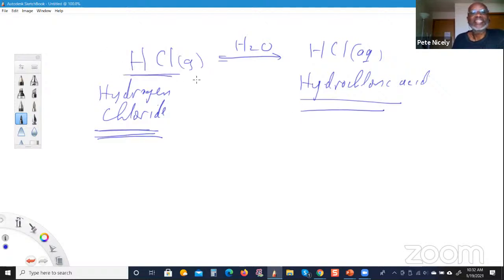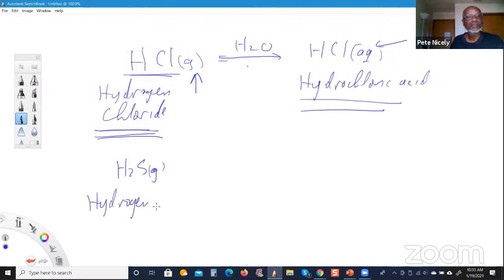So please know the difference between hydrogen chloride and hydrochloric acid. Hydrogen chloride is in the gaseous state, right? It exists as a gas. Hydrochloric acid is in an aqueous solution, right? And you can get from hydrogen chloride to hydrochloric acid by adding the hydrogen chloride to water to form the hydrochloric acid. And that's basically how that is done. Here's another example, H2S, gas. The name of this compound is hydrogen sulfide,